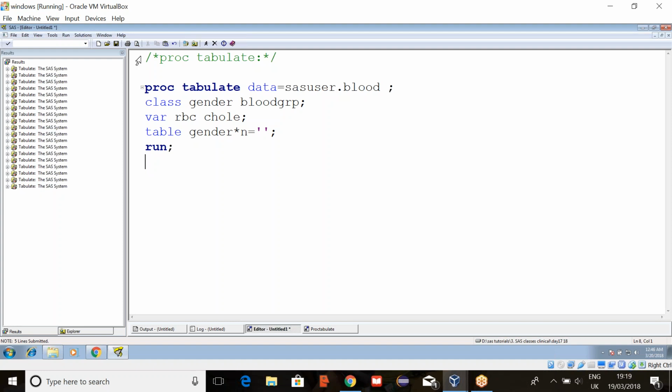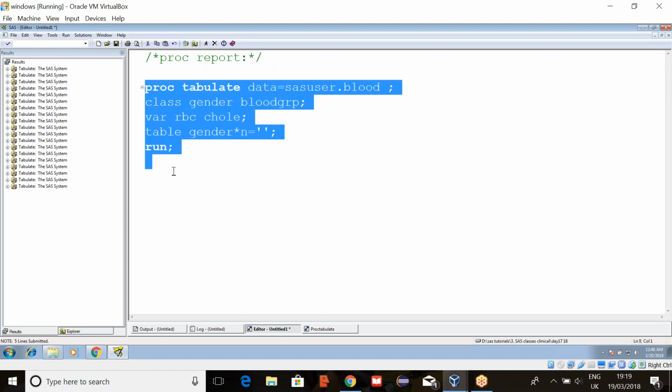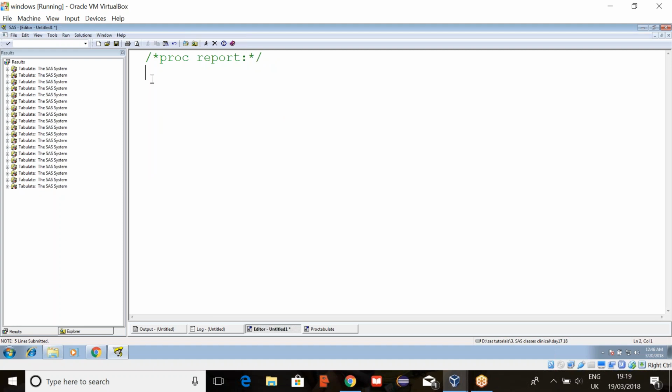So the next procedure is proc report, which is very important, because without using this procedure, we will not complete our report. Finally, whatever report we want to generate, that final data set will be generated and kept in proc report, and we will adjust accordingly whatever changes we want.